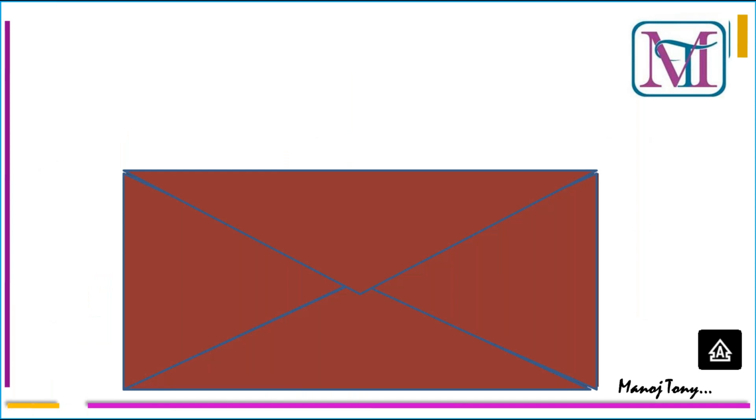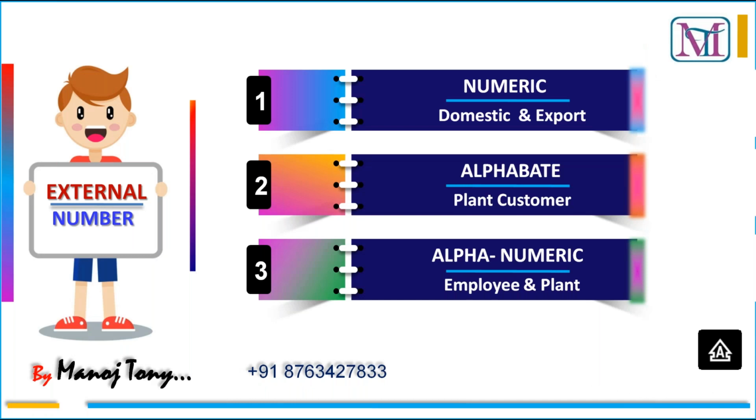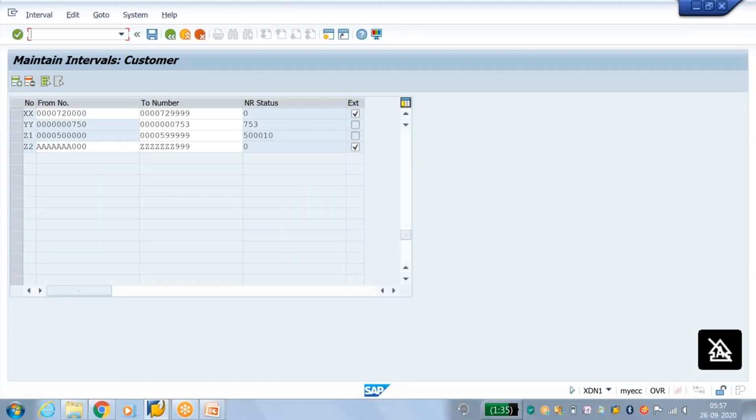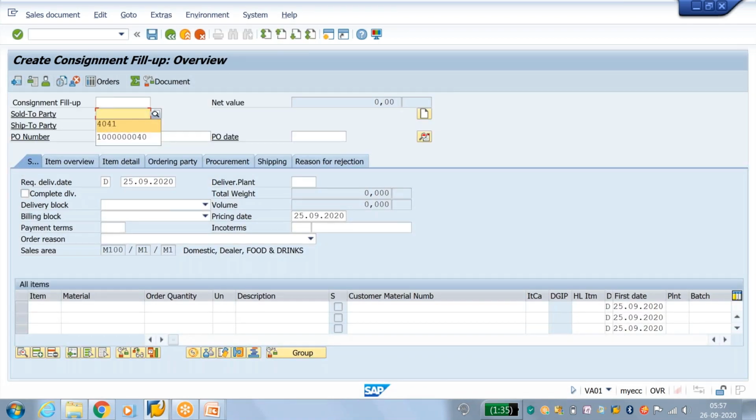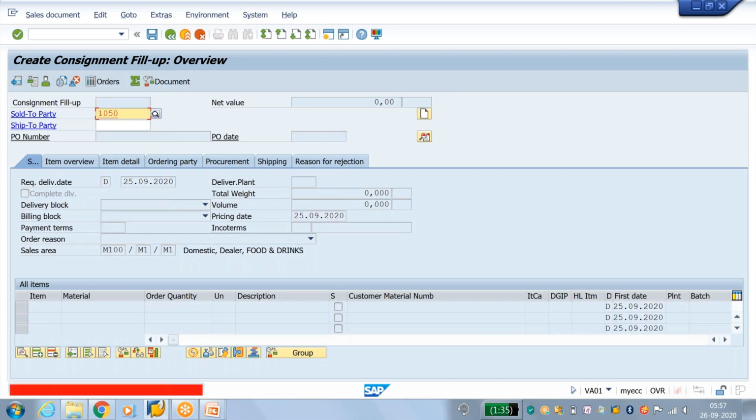Before this, why will we create an employee as a customer? Because suppose we are allocating some assets to this customer. So now we have to go for consignment fill up. Then the customer code was 4047, not created.